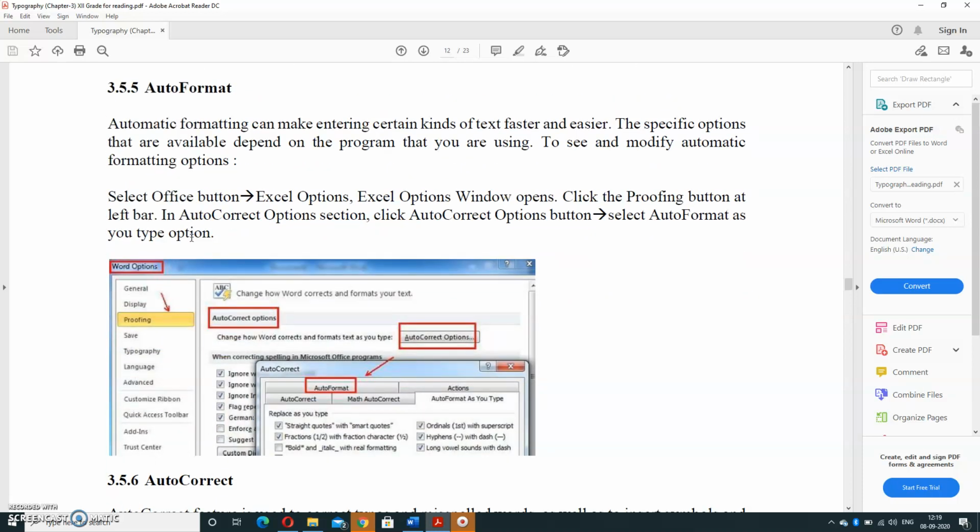Click the proofing button at left bar. And in the autocorrect option section, click autocorrect option button and select auto format as you type option. It means firstly proofing, autocorrect option, afterward autocorrect option, in autocorrect option auto format.